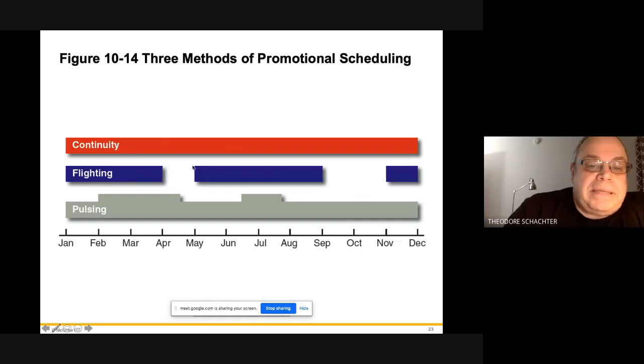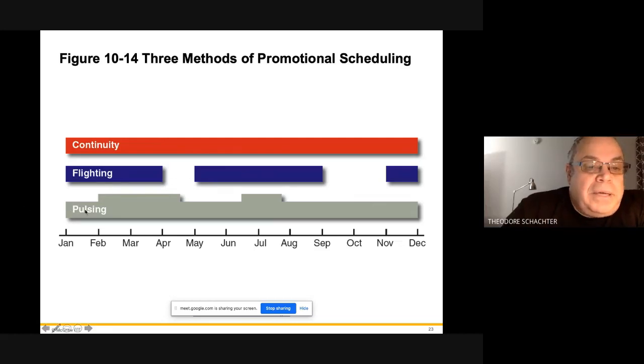Now, flighting also has to do with seasonality. So as you can see, these empty spaces are when you do not run the ads. Now, there are a lot of ad things that are seasonal. So, for example, let's say you have a business that rents sailboats in Central Park. Okay, there are businesses that do that. Obviously, from September to November, probably December too, you're probably not going to run ads because no one is going to rent a sailboat in the freezing cold. So, what you do with flighting is you have periods when you advertise and you have periods when you do not advertise.